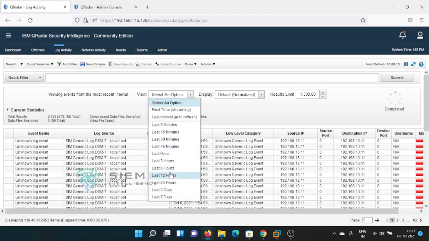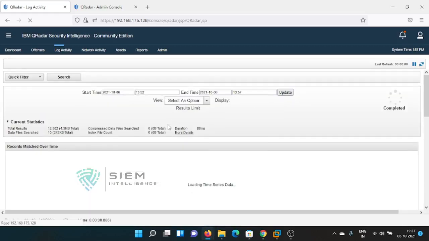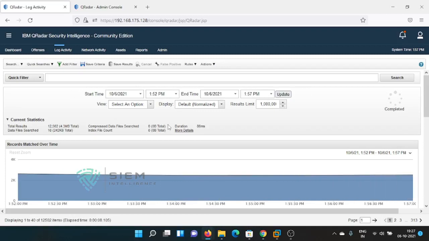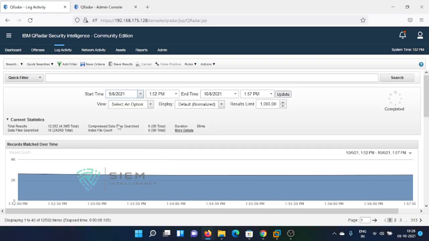But if you want to go beyond 7 days, how can you do it? This is the basic activity that has been already pre-placed. To go beyond 7 days, I used to give a basic idea: first you do the last 5 minutes activity, so that it will do a faster search. Okay, it has done. Now you change the time. Now you change it to some September. I want to go for the last 1 month activity.